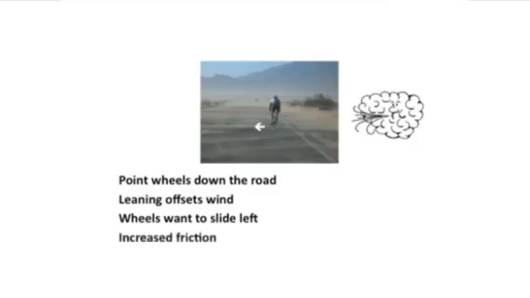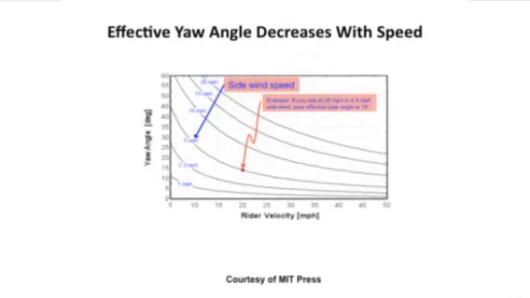And what stops the wheels from sliding to the left is the increased friction. And that increased friction that I have between the tire and the road when I'm leaning into the wind is more than the lower rate of friction when I don't have to lean into the wind. And that increased friction is what slows me down. So even though the side wind is coming straight at me from the side, it still slows me down. Now, yaw angle,